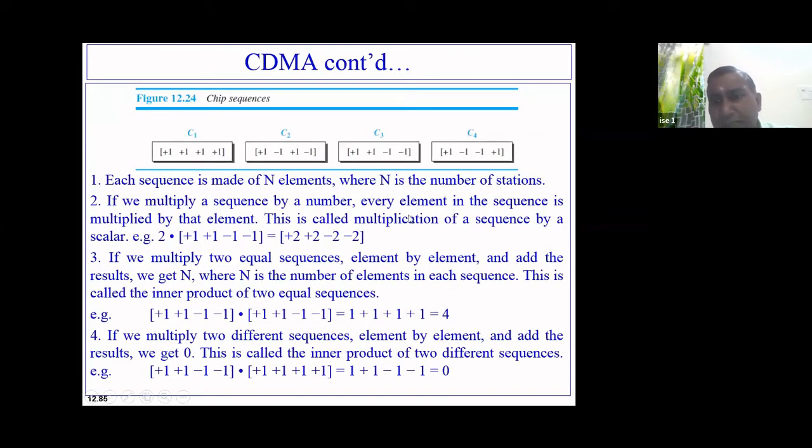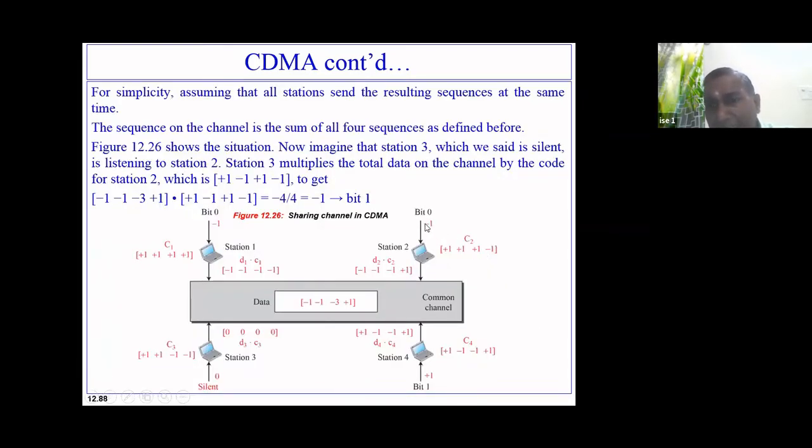So here you take it as plus 1, minus 1, plus 1, minus 1 multiplied by minus 1, because I want to do D2C2. D2C2 means this is minus 1 times plus 1, it will be minus 1. And then this is minus 1 times minus 1, this should be plus 1. This should be plus 1. And minus 1 times plus 1 is minus 1. And minus 1 times minus 1 becomes plus 1. So I'll be getting D2C2 as minus 1, plus 1, minus 1, plus 1.